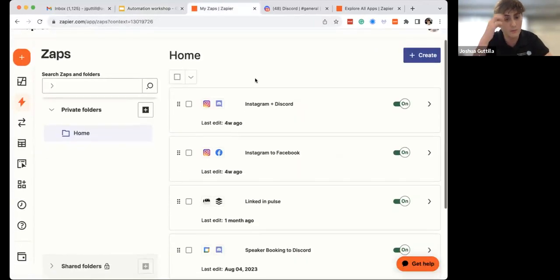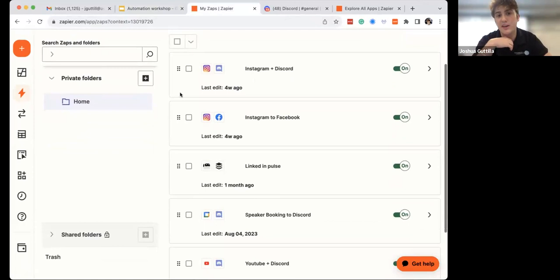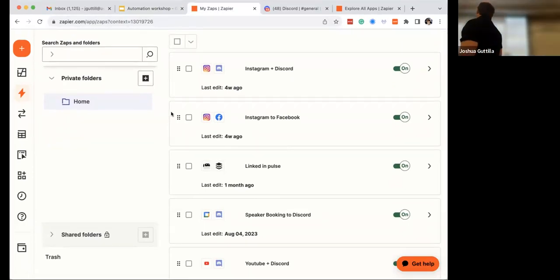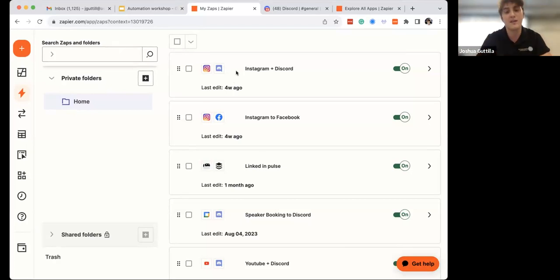So right here, this is my Zapier for the SBA. It's the free version. So you can have up to 5 zaps on the free version. I'll show you the paid version later on, but this is the internal workings of the social media content within the SBA. So we have this channel in Discord